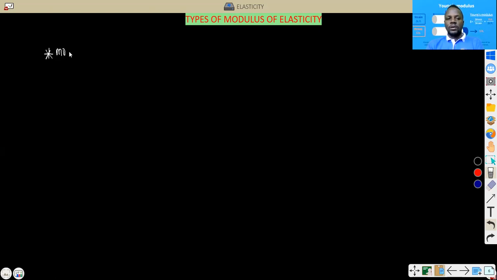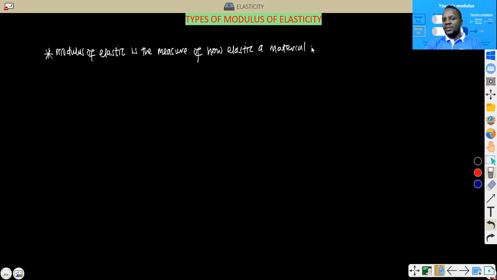We can write that to understand very well. Modulus of elasticity is the measure, I think it's better to write it because of the definition, is the measure of how elastic a material is. So it's the measure of how elastic a material is, and it is also defined,